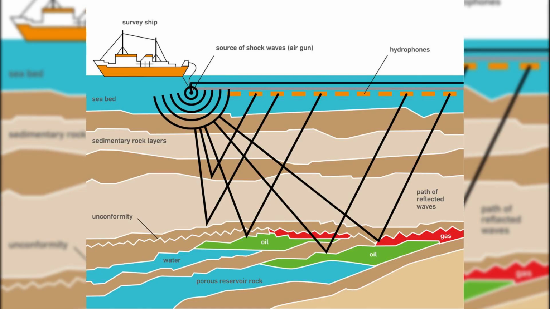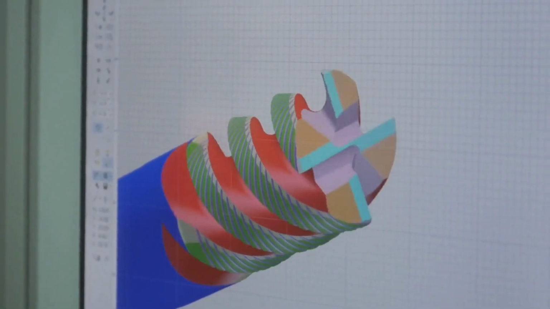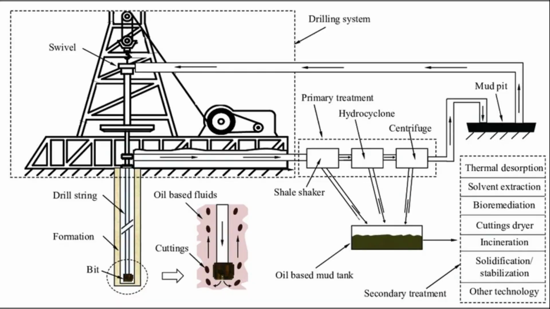Before any drilling takes place, extensive geological and geophysical surveys are conducted, most notably seismic exploration, where controlled energy waves are sent into the ground and their reflections are analyzed to create a detailed image of subsurface structures. This allows engineers to identify the most promising drilling locations with high precision. Oil extraction therefore begins long before drilling, with a deep understanding of geology and the careful mapping of hidden underground